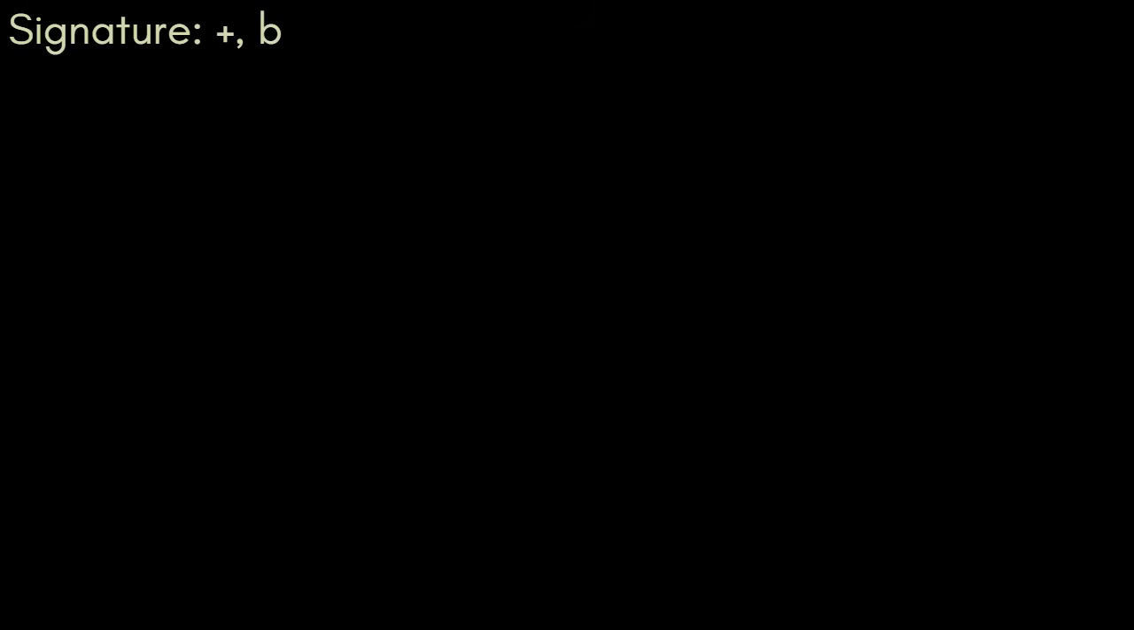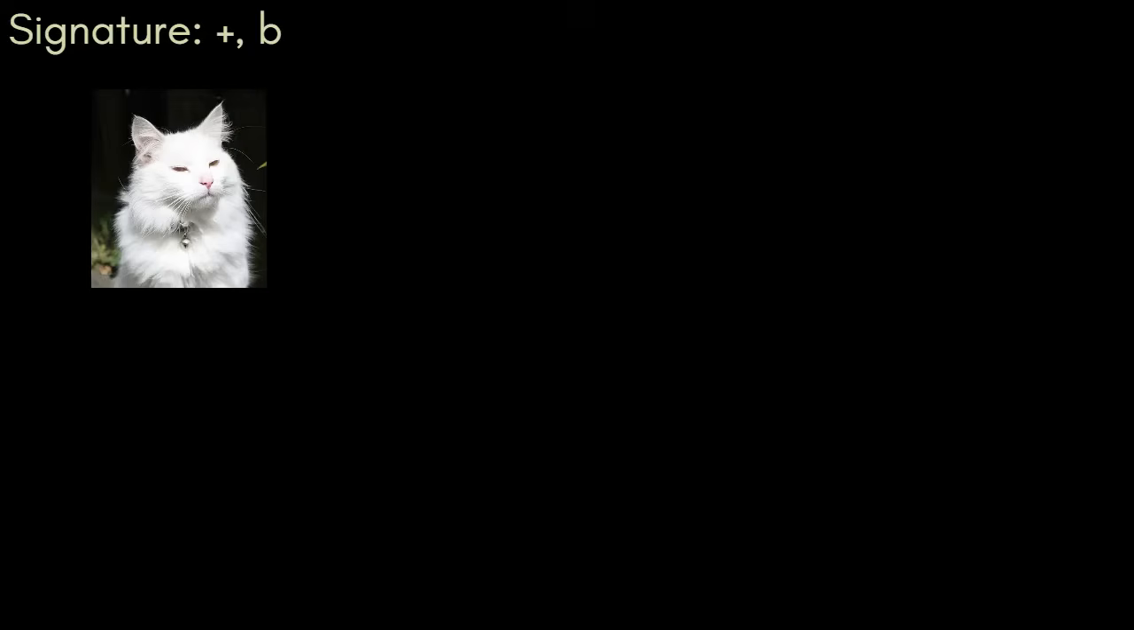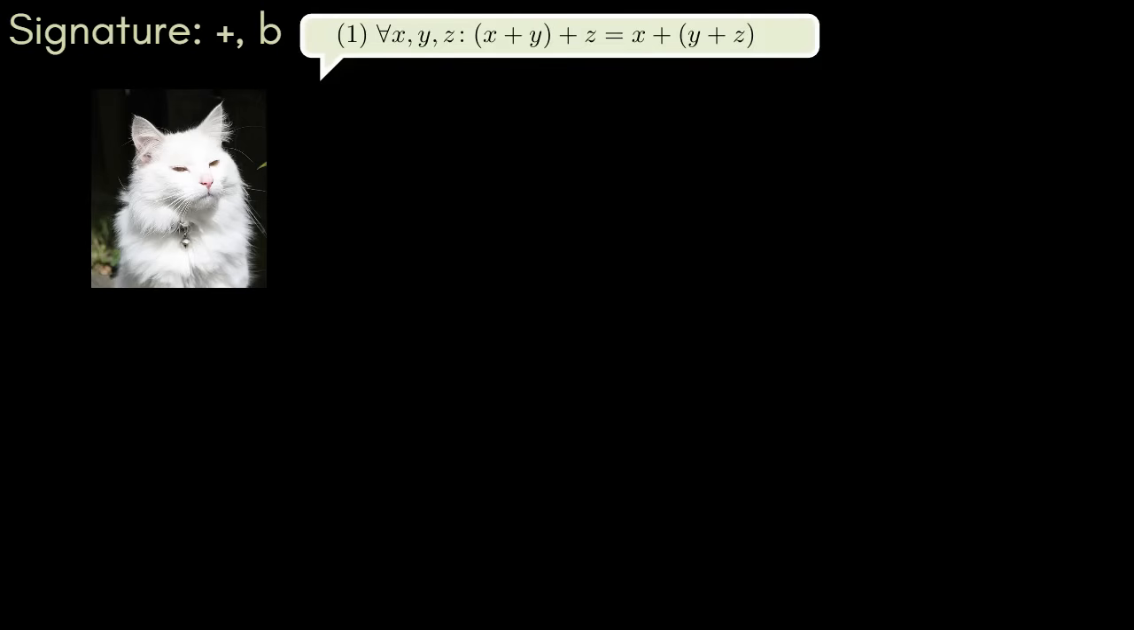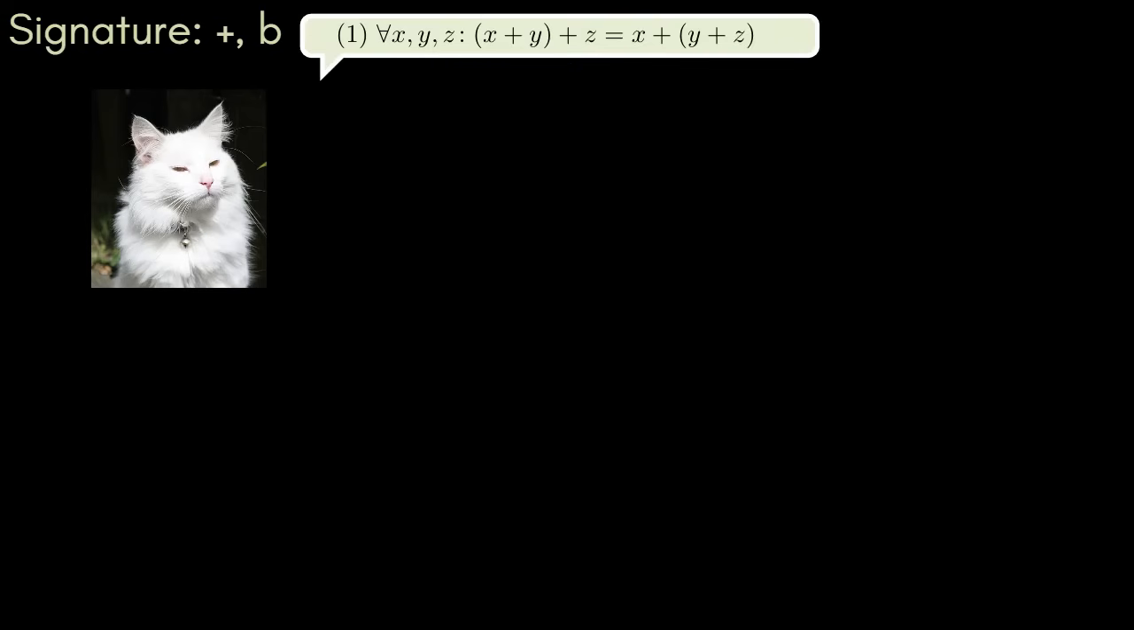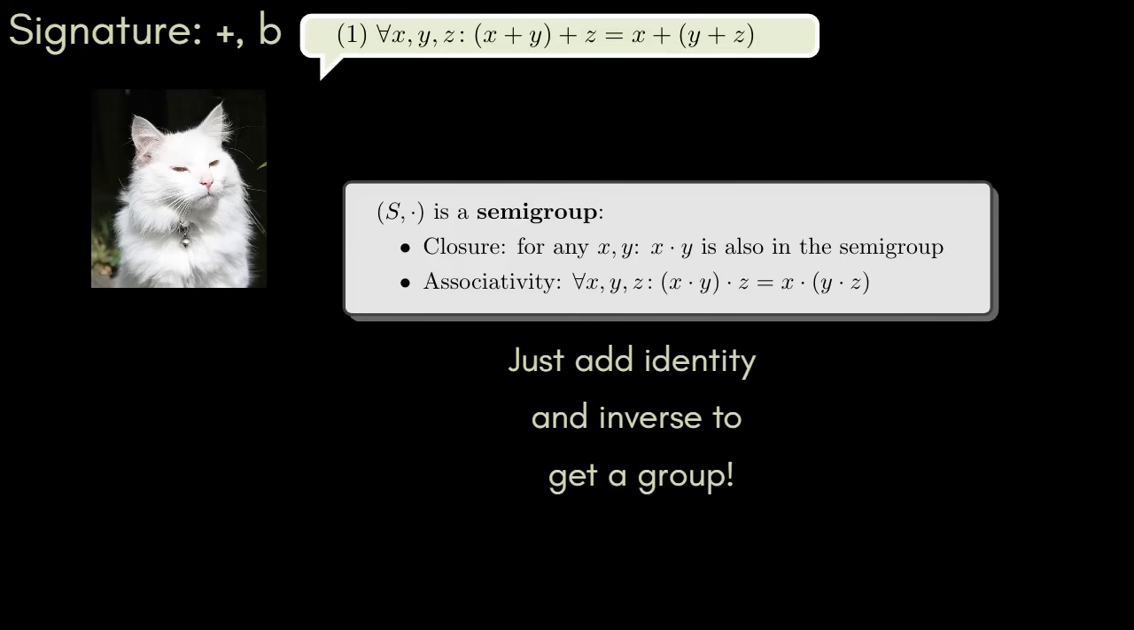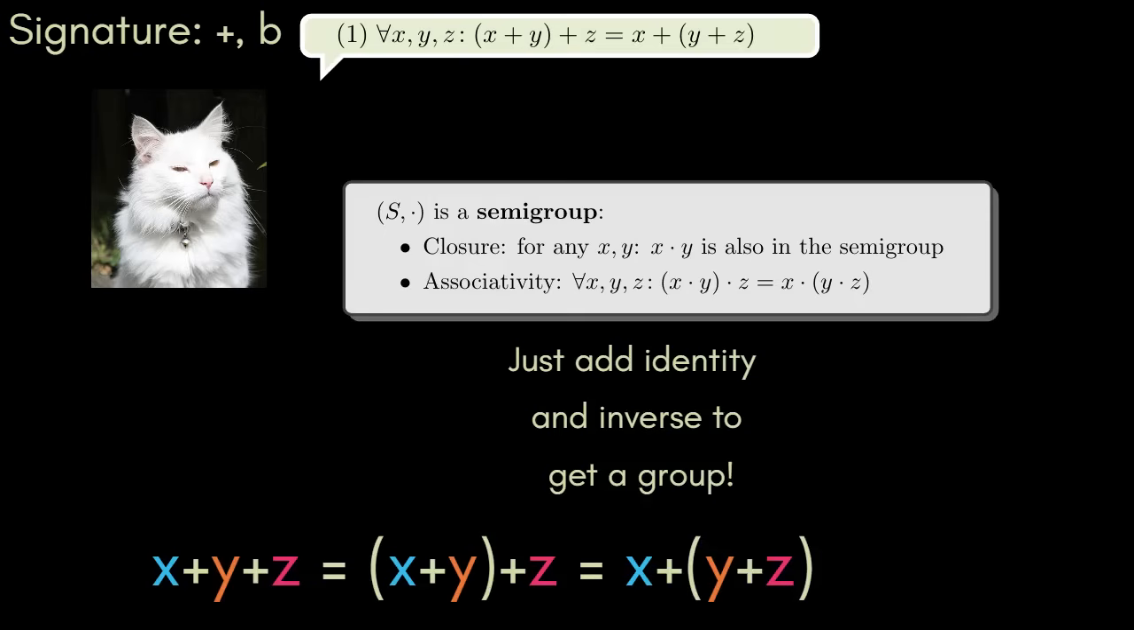For this game, the players have agreed on a total binary operation using addition notation and a constant symbol b. Player 1 plays associativity: for all x, y, and z, (x + y) + z is equal to x + (y + z). This has the effect of keeping the game in really familiar ground. We already know that we're working in a semigroup, and we can use notation like x + y + z